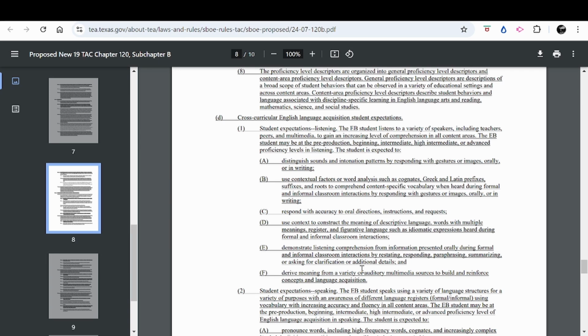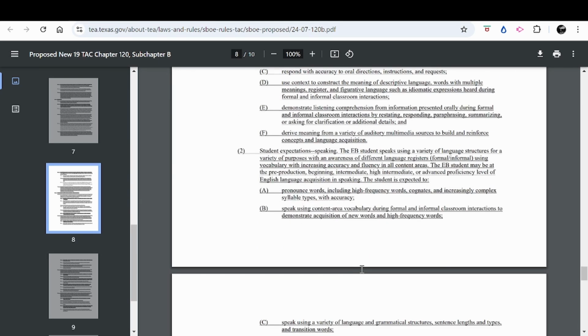And F. Derive meaning from a variety of auditory multimedia sources to build and reinforce concepts and language acquisition. 2. Student expectations, speaking. The emergent bilingual student speaks using a variety of language structures for a variety of purposes with an awareness of different language registers, formal and informal, using vocabulary with increasing accuracy and fluency in all content